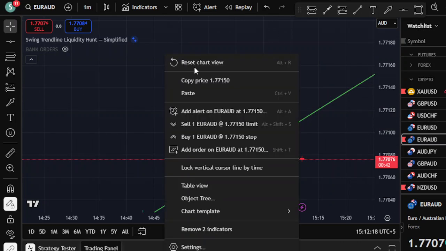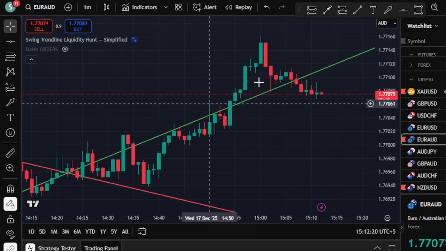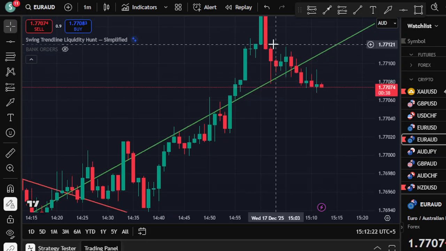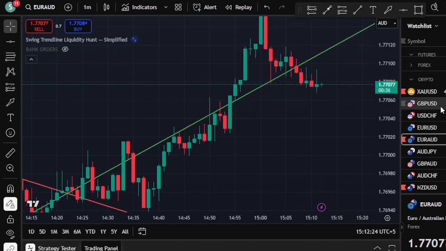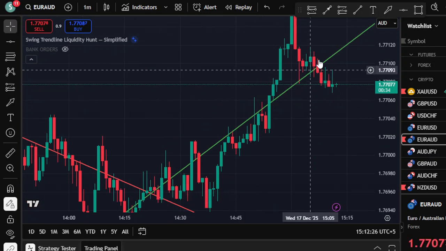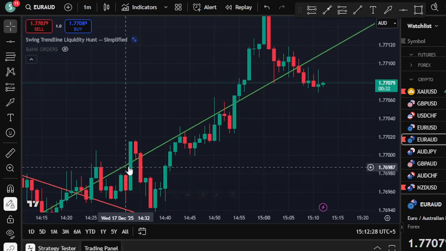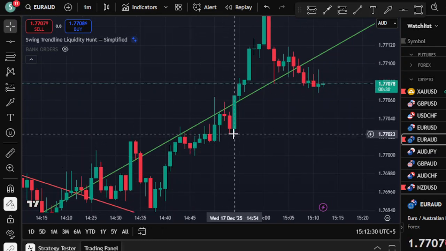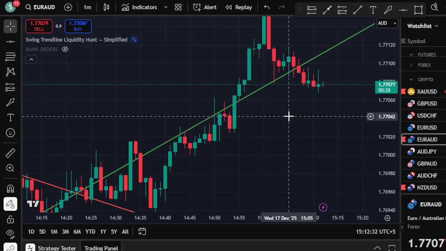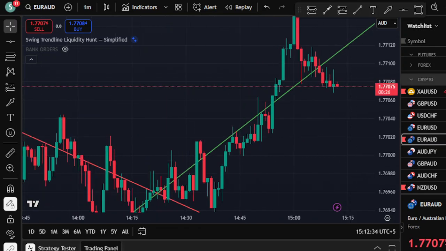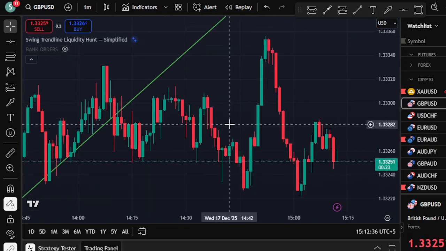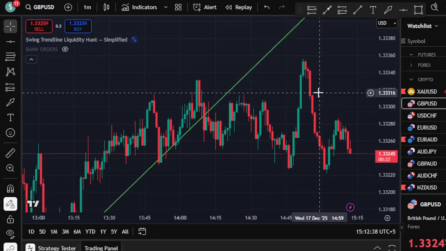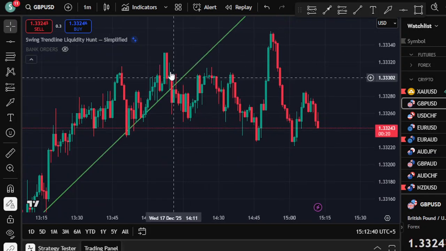Okay, now I mainly trade the 1 minute time frame. As you can see, this has liquidated the smaller time frame, and we want a very clean setup exactly like this. Either the market is trending in the upward direction, or if it is trending in the downward direction, we want a clean setup. Okay, so for example, this is the GBP USD trade I delivered in my